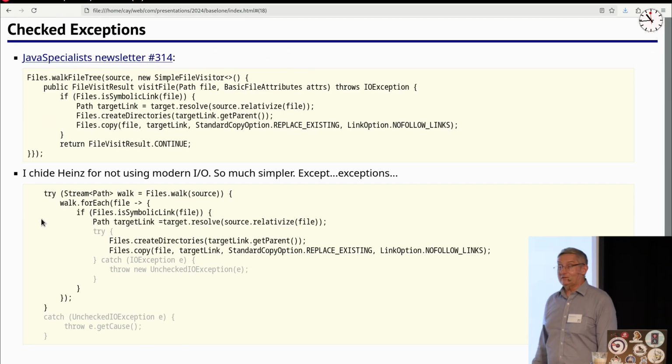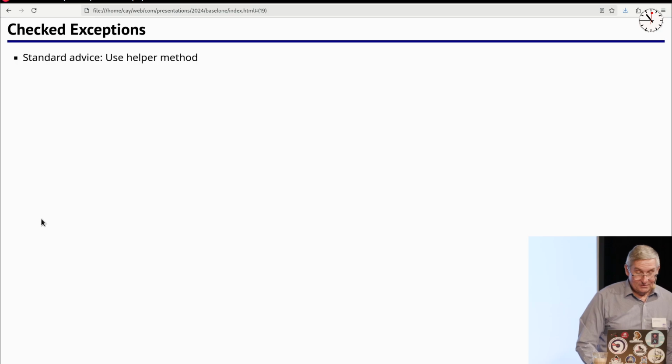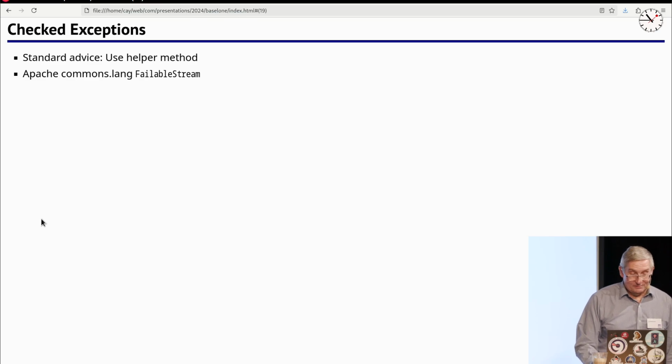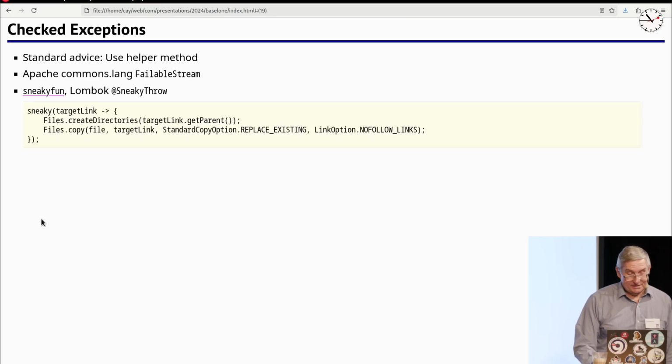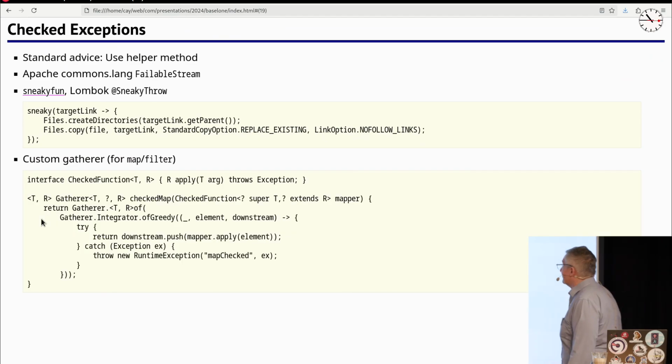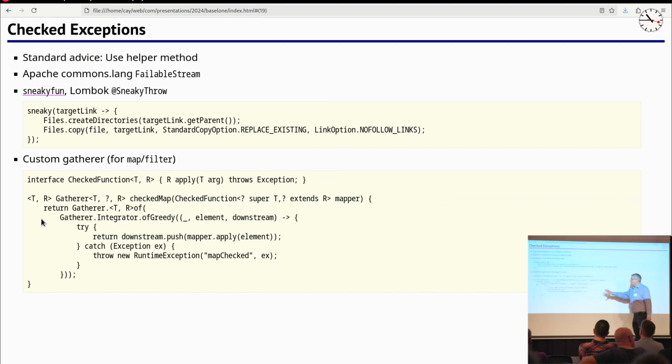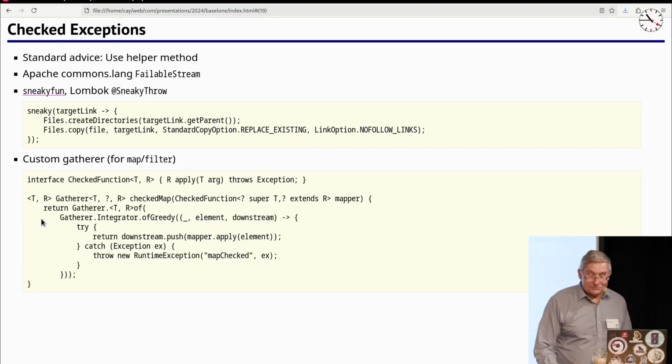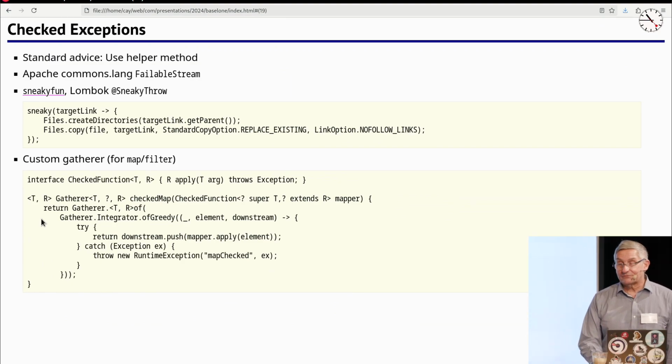Anytime you have a checked exception in the Lambda, what are you going to do, right? The Lambdas are not leaking any checked exceptions. And so the standard advice is to use a helper method and catch it in there. There is a thing in Apache Commons that eats up checked exceptions. There's one in Lombok that does the same. I've written a gatherer that does kind of the same thing. So if you have a fairly short amount of code, like in a script or something, I feel all's fair in love and war, and somehow squelch those checked exceptions. Of course, for real production code, that may be different.